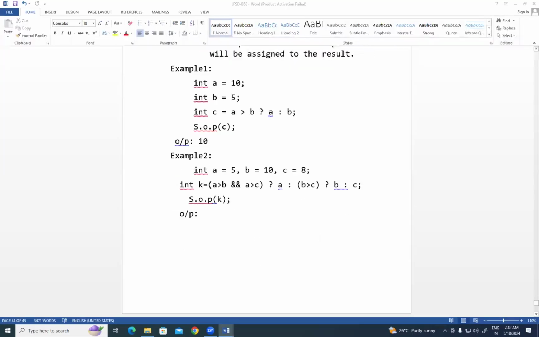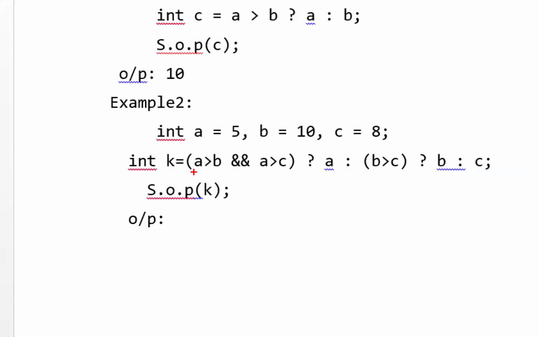How do we know it is 10? Look at this, everyone. First of all, what's the value of A? 5. 5 greater than, what's the value of B? 10. Is 5 greater than 10? True or false? False. If this condition is false, then control doesn't check for the second condition because it is